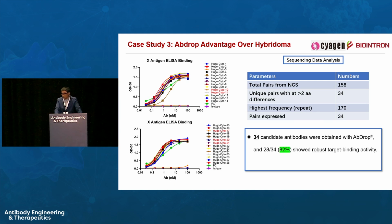The highest frequency clone showed up 170 times, and we expressed the entire set of 34 unique sequences and validated using cell binding and ELISA binding. Out of the 34, 28 of them showed robust target binding activity. So I think this is a very good example of how this system could generate more positive binders in some